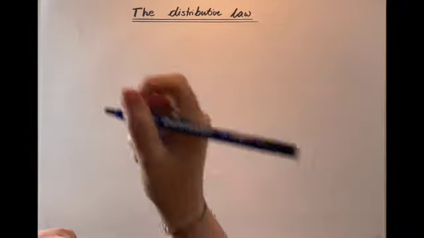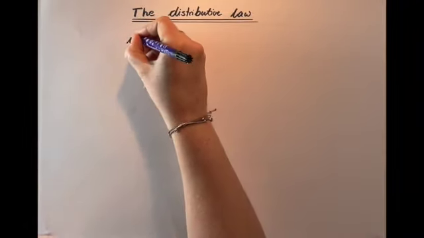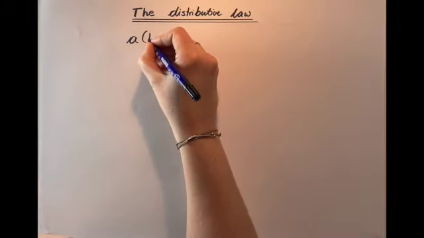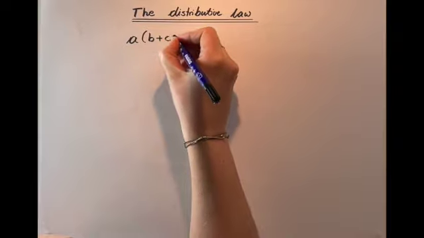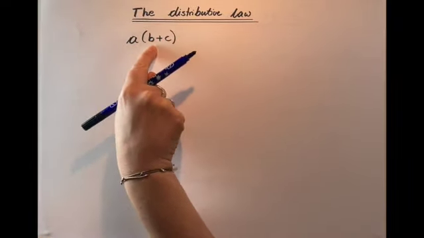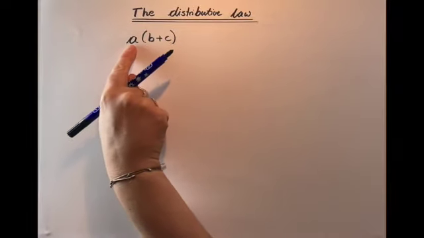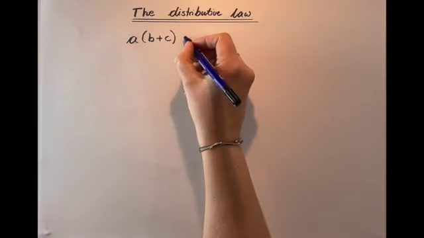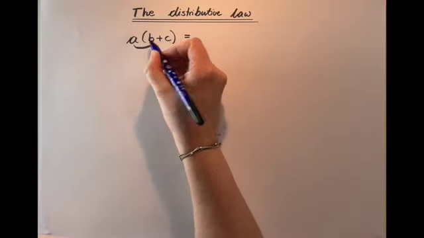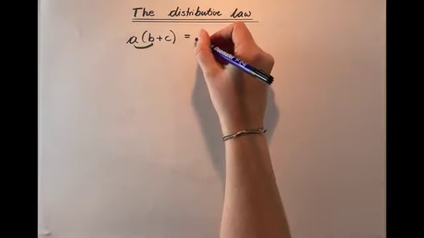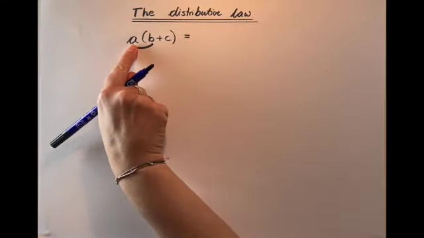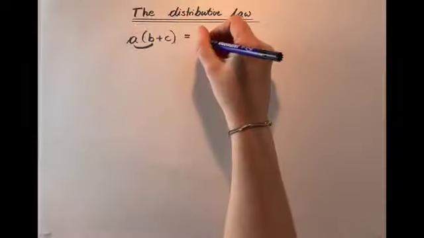So if we have A times (B plus C), so we have a number and we have a bracket including variables and numbers. This could also be a variable. Then what we need to do is multiply each term in the bracket with that term outside the bracket. So that would give us, in this case,